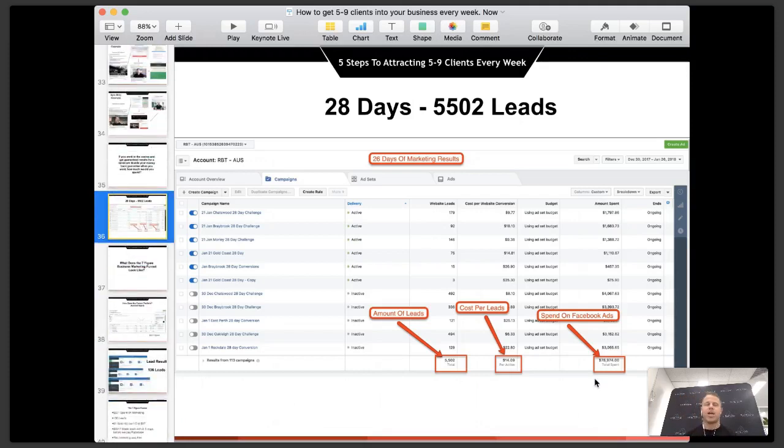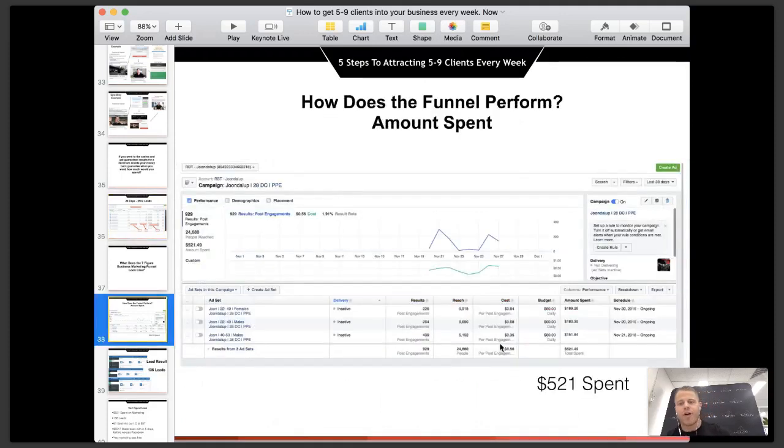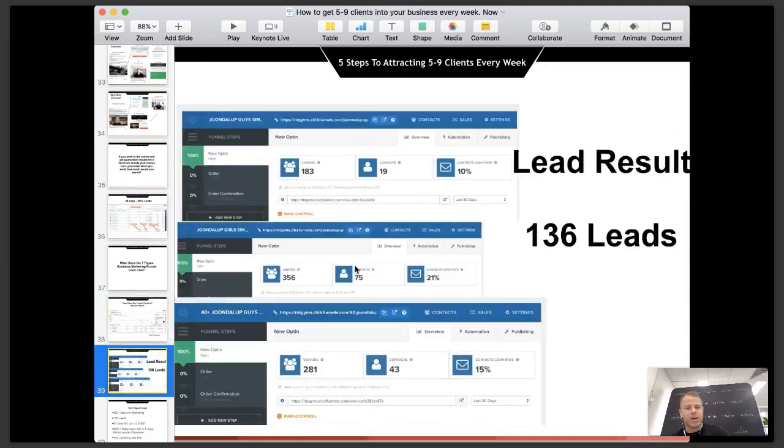But you might be thinking, TJ, I don't have $80,000 a month budget on Facebook ads. Well, let's look at $500. And how can you make $1 million with $500 a month to spend? Well, this here is our Journal-Up ads. There's females, males, and over 40 females, over 40 males. There's $521 spent right here. You can see it added up. Over this, there is 19 leads here, 75 leads here, 43 leads here. So it's 136 leads in total. 136 leads in total right now. So 521 spent, 136 leads.